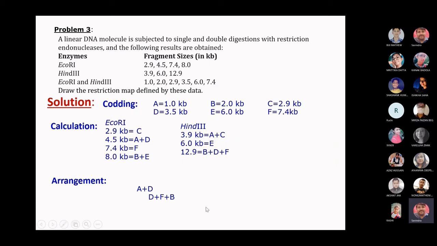Yes, sir. But the moment you write the DBF, this will create a problem, this 8 KB B plus C. So what happened over here? We will not have any side left blank where we can write E. जैसे ही हमने इसको B को बीच में लिखा तो B के एक साइड में हमने फ्रैगमेंट D बना दिया और दूसरी साइड में F बना दिया. But this fragment is clearly saying that one side of the B fragment there is E fragment. Okay, so it must be in the end, so that we can overwrite B with each other and other side E.